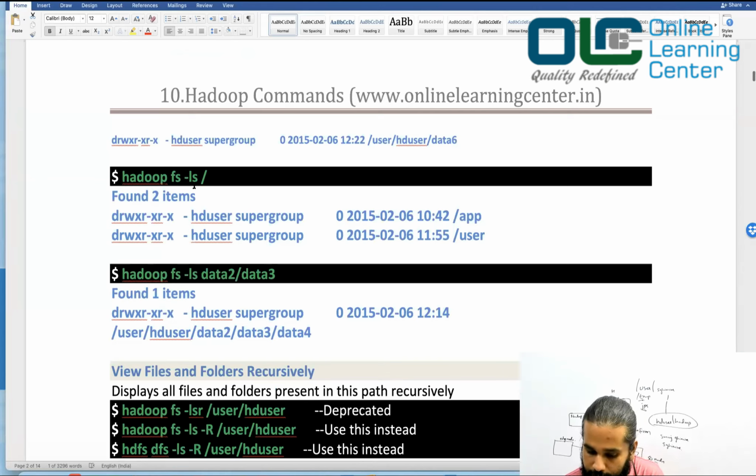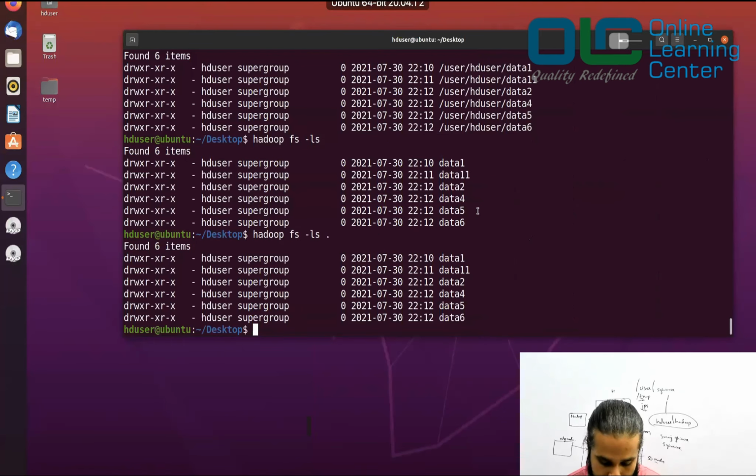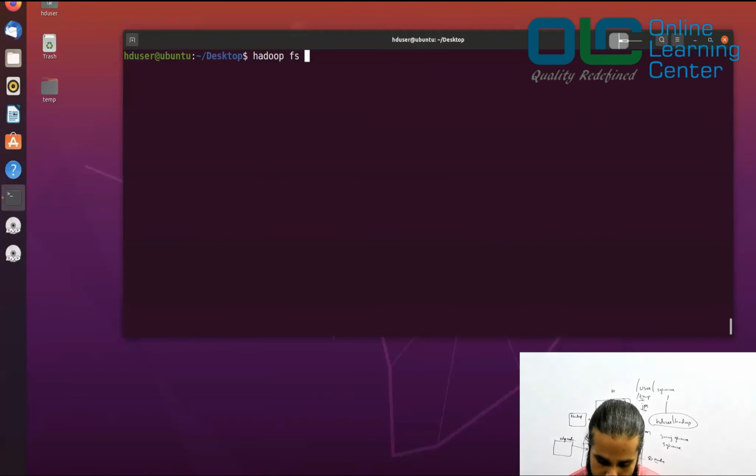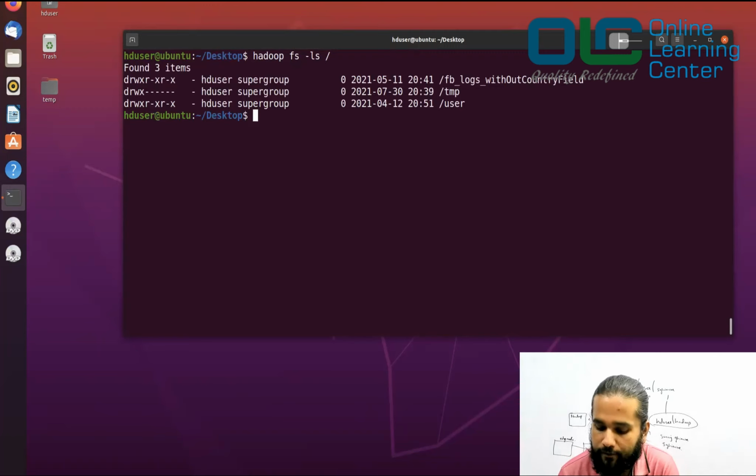So hadoop fs -ls /. As I have told you, / is always the root of your Linux as well as your HDFS, right? If you want to know what is there in your /, you can say hadoop fs -ls /, and it will tell you what you have in your root.